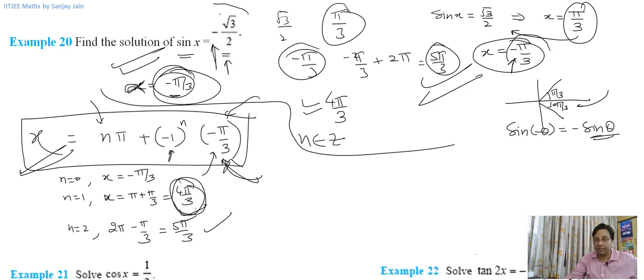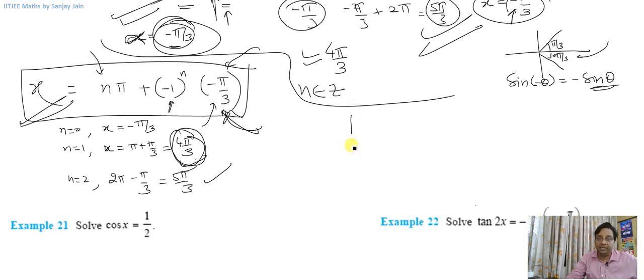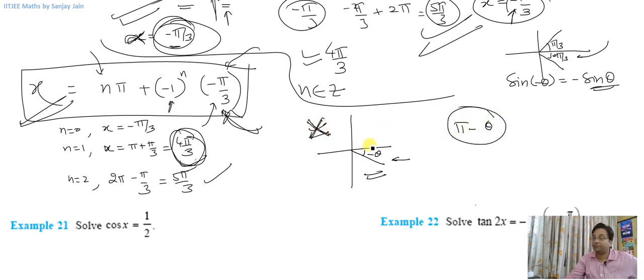Let us look at the next one. So for sine, I told you if you have got a negative angle, you can write minus theta, right? For tan also you can write minus theta. But for cos, you have to take it here, because here in this fourth quadrant cos is positive. So if you know an angle for cos to be theta, and you want an angle in second quadrant, you can always take pi minus theta.